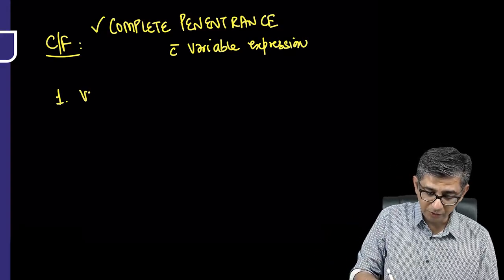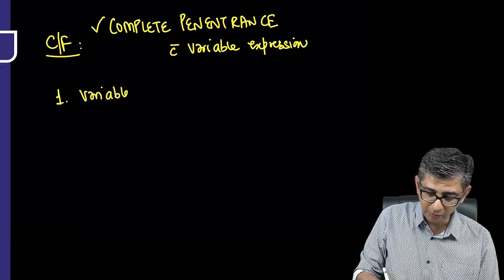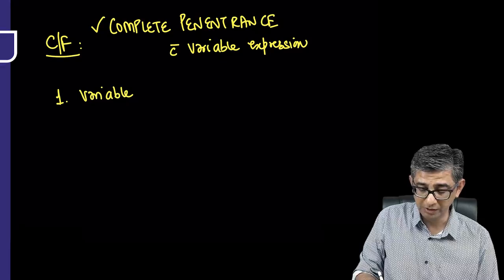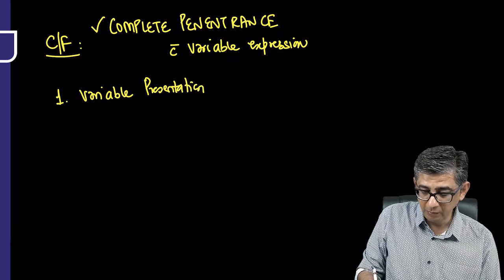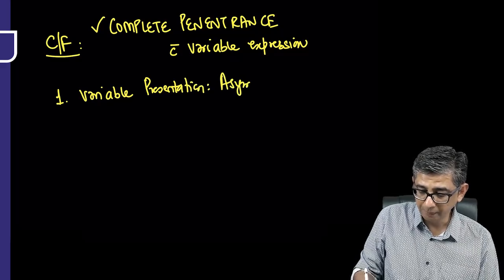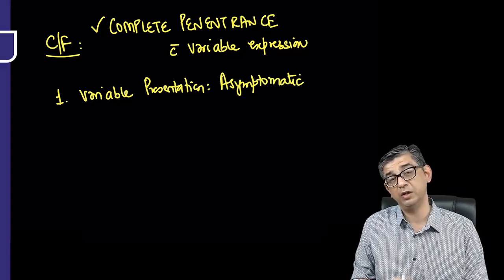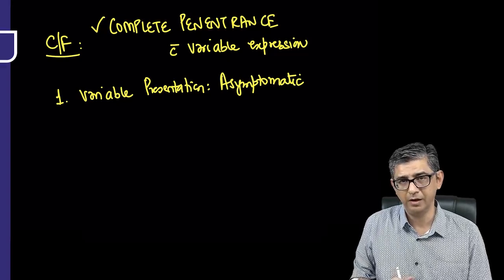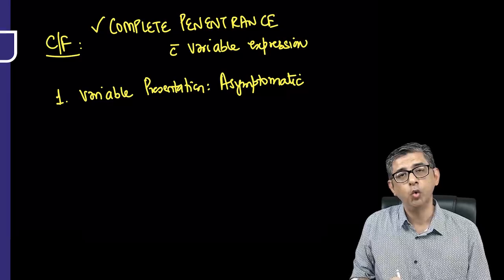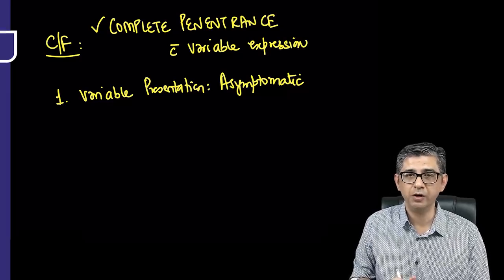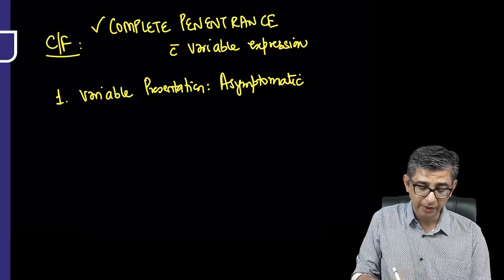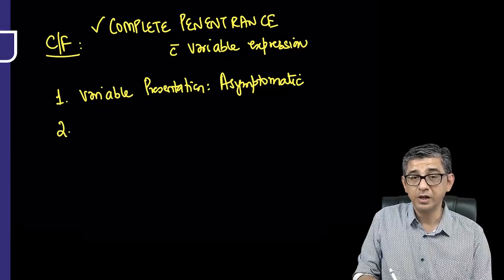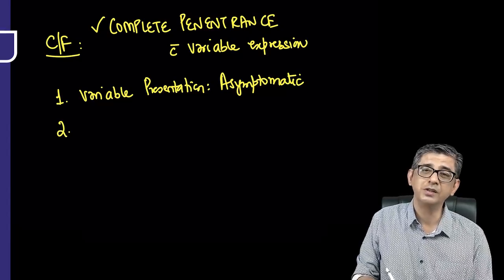And apart from this variable expression, I would also like to say that in majority of cases, there can be a variable presentation as well. When I say variable presentation, a large number of cases might actually remain asymptomatic, which is that only on a workup of these patients, maybe that was done for some other reason, like the girl, like I was describing, the sister of this person who, at the time of pregnancy, when she went for an antenatal ultrasound, that is when the diagnosis of the patient will be made. On the other hand, in some cases, the presentation would be much more gross, in a sense that they could be